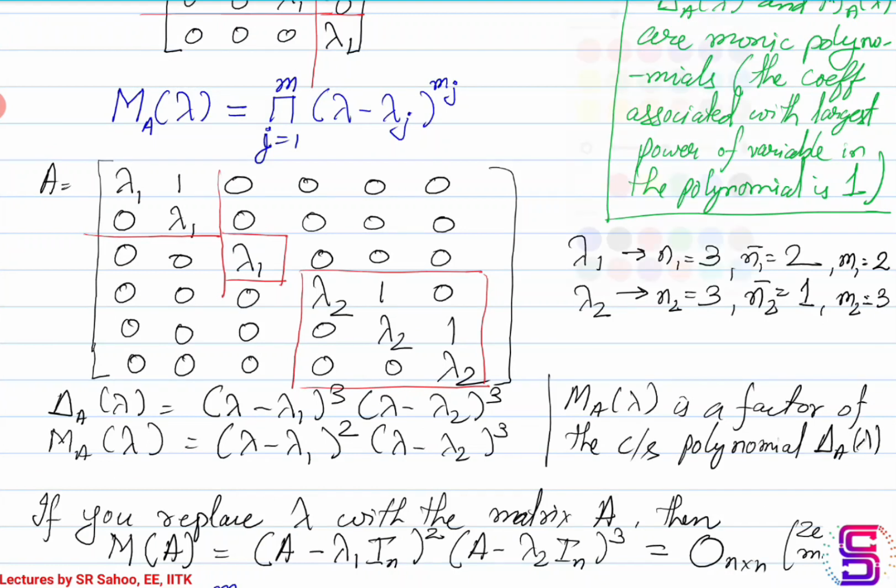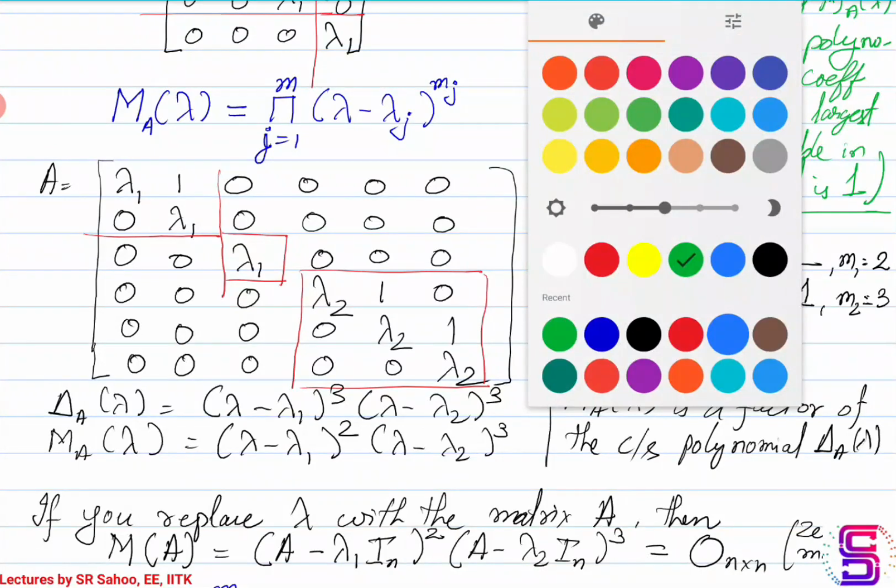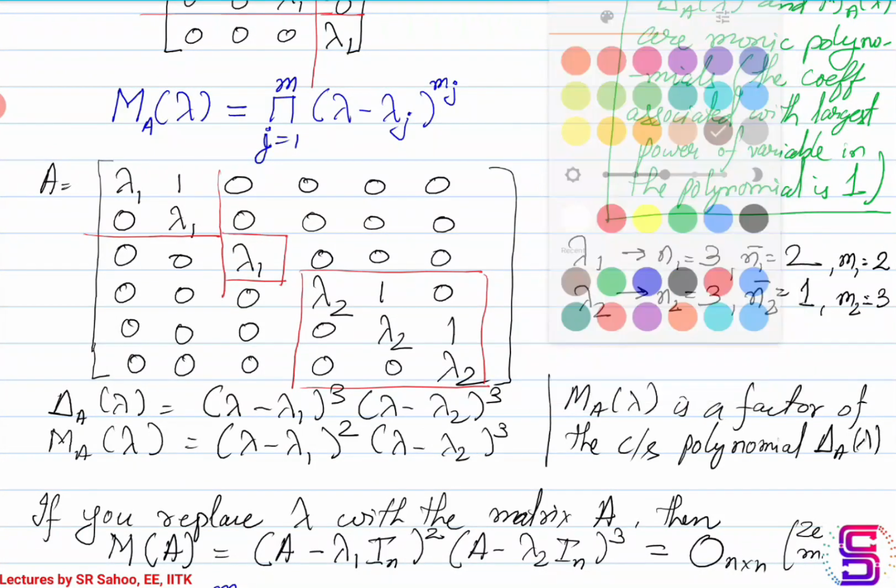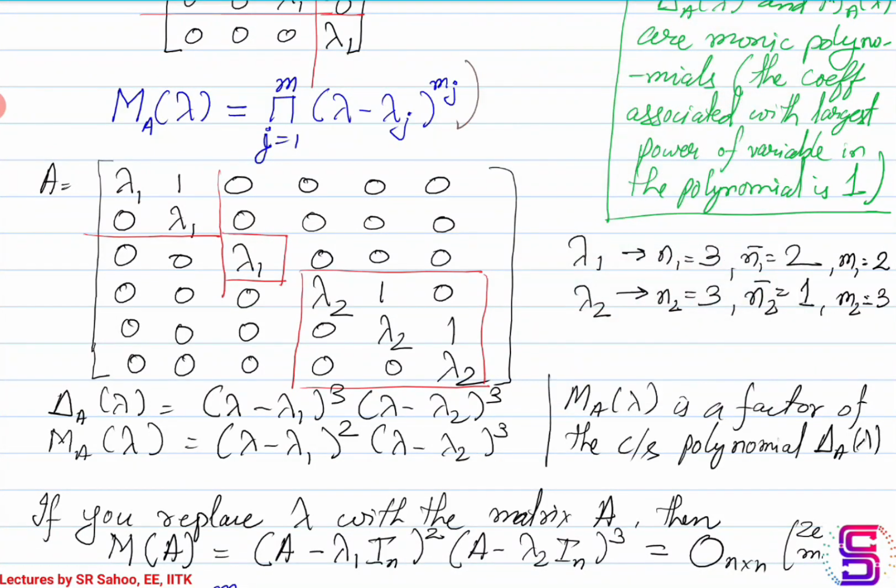Okay, so such a polynomial is known as the minimal